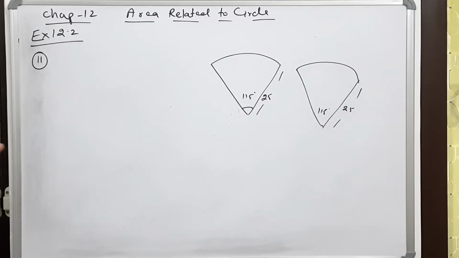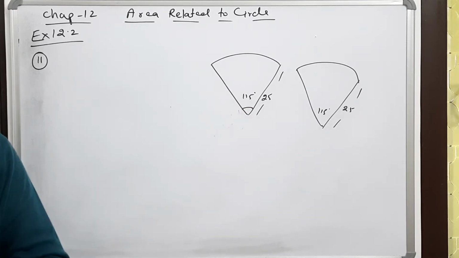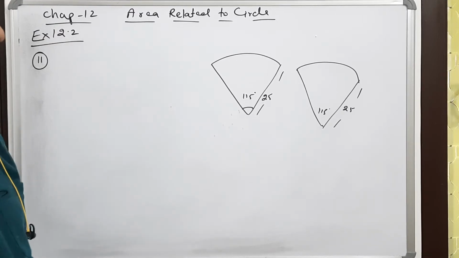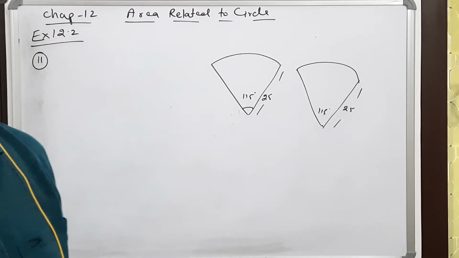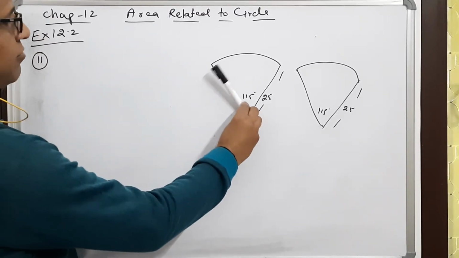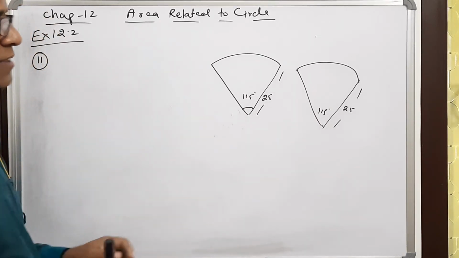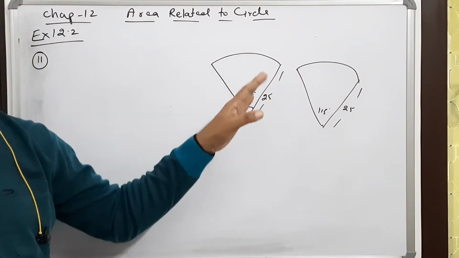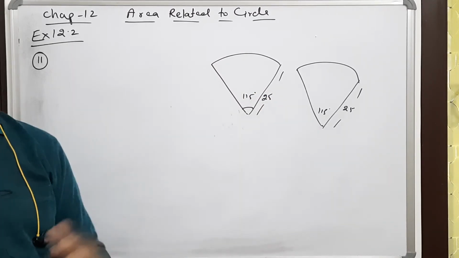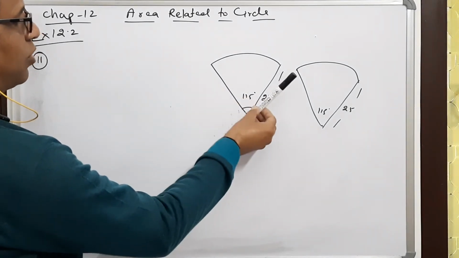Yes, dear students, this problem is strictly given for the application of area of sectors around us. Around us there are many things where we are using the concept of area of sector. You see, in the car the wipers are moving like this. Now there are two wipers and these wipers are not overlapping. In the old cars this was the case. Nowadays the wipers are overlapping, but here it is clearly told that these wipers are not overlapping.